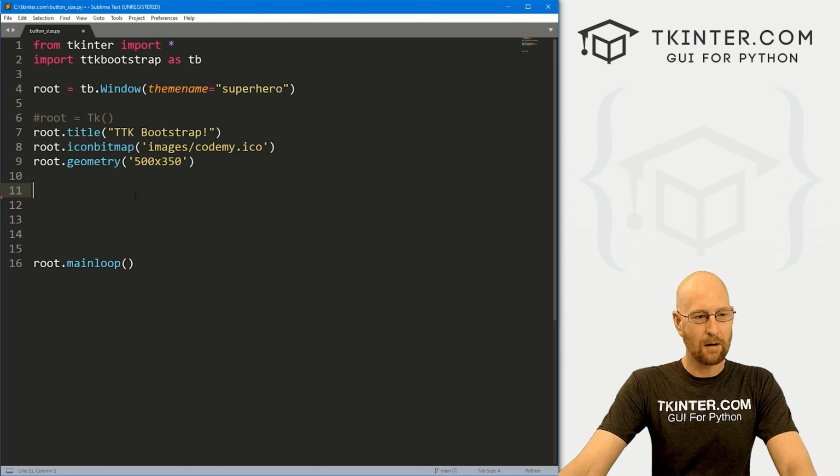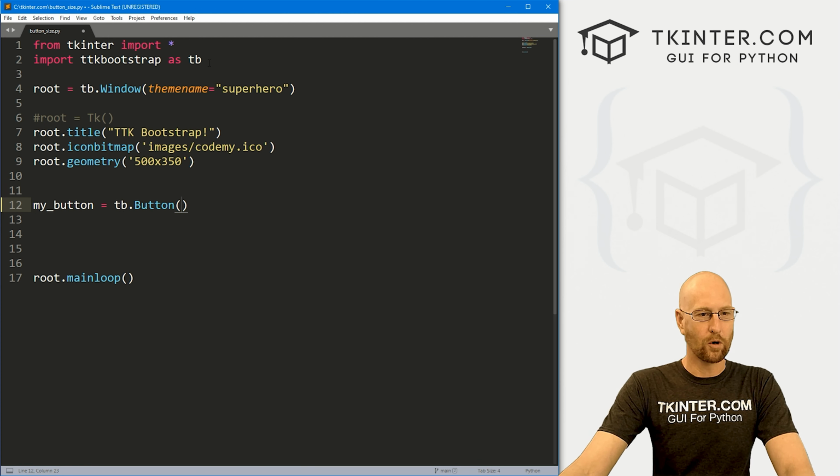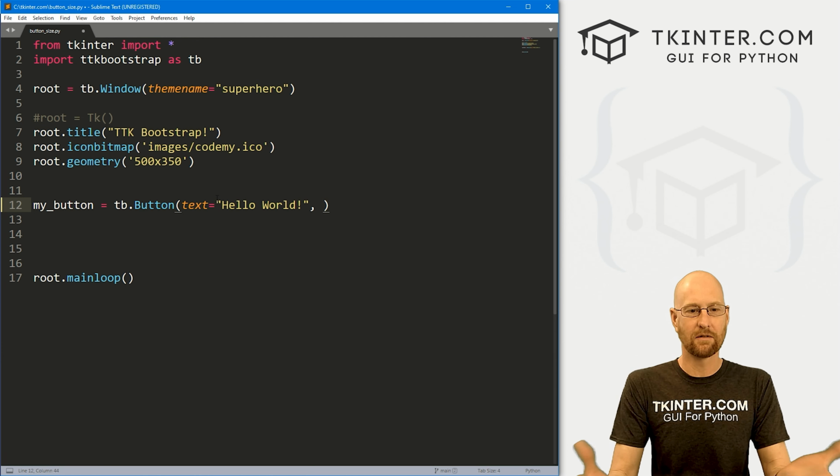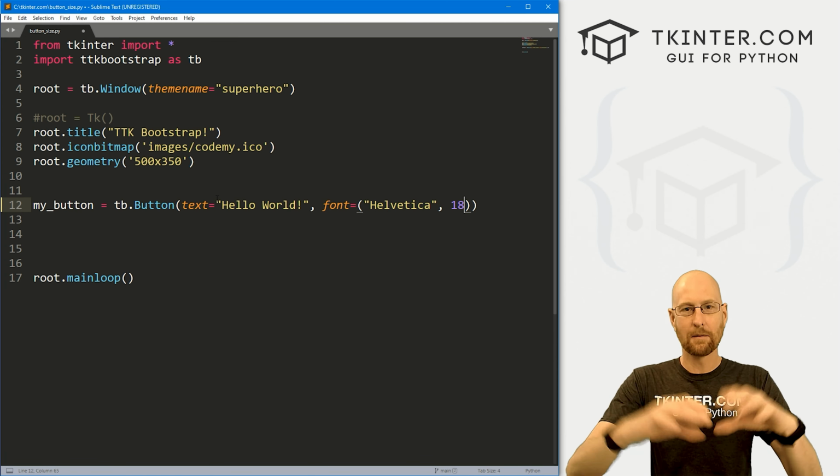So let's start out by creating a button, and I'm just going to call this my_button, and this is going to be a tb.Button because we've imported TTKBootstrap as TB, and I want to set the text as, I don't know, Hello World. Now, normally to change the size of a button, we would give this a font. We would go font equal, and I'd say like Helvetica, and then maybe make it size 18, and that would make the whole button bigger to compensate for the size of that font. But if we try this,